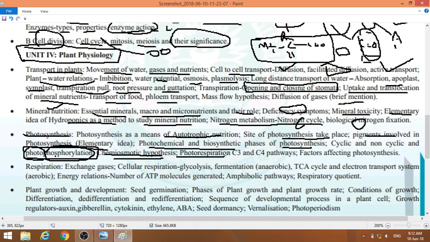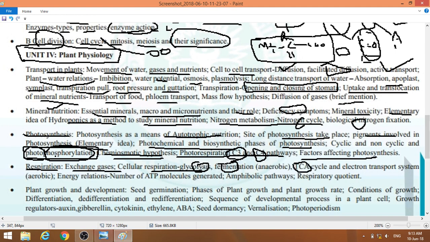You have studied C3 and C4 plants. In C3 plants there is the Calvin cycle, and there is the C4 cycle because a 4-carbon compound is formed first. Then factors affecting photosynthesis. Then you have studied respiration, exchange of gases, cellular respiration, glycolysis is important, fermentation, and TCA